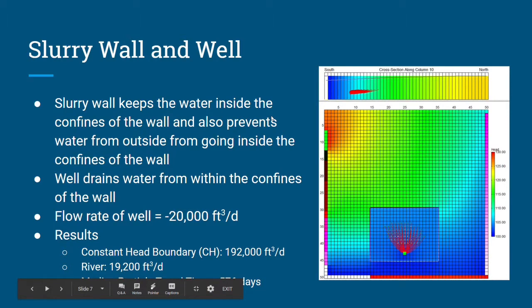The other alternative we're looking over is called the slurry wall and well. The slurry wall keeps water from outside of this area from coming in. The well that is installed into this particular site drains all the water and toxins out of this site. The flow rate that we set in the model for the well is negative 20,000 cubic feet per day, and the results are given below. Constant head boundary is equal to 192,000 cubic feet per day. The outflow to the river is equal to 19,200 cubic feet per day, and the median particle travel time is